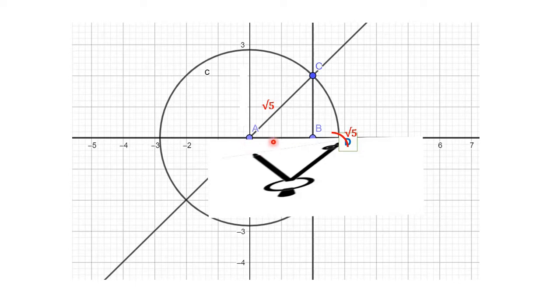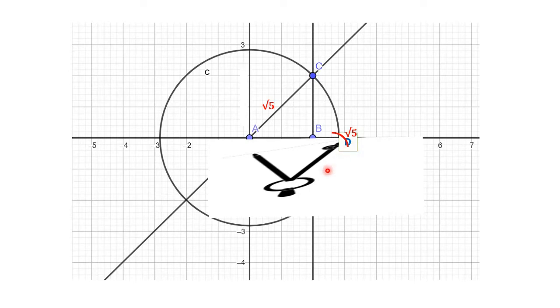Now the distance from A to D is equal to root 5 as well as the distance from A to C is also equal to root 5. Now I have two questions for you. Analyze the figure. Is AC equal to AD? And if they are equal, then why so? Yes, the answer is AC is equal to AD because they are radii of the same circle with center A. Thus, we have located root 5 on the number line at point D.